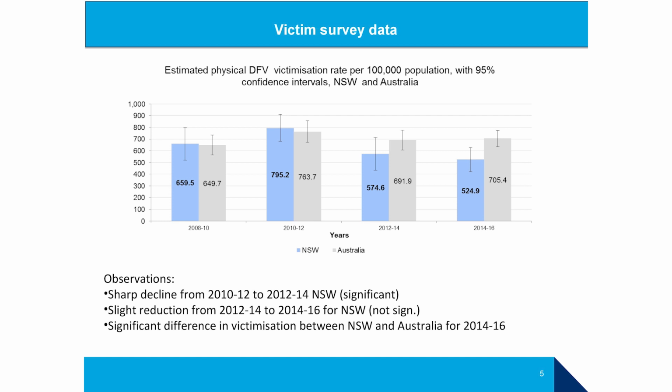And this is what we found. So looking at this chart, we see bars in blue, which are New South Wales estimates, and bars in grey, which are Australia overall. And then at the top of each bar, there is a thin line, and that's a 95% confidence interval. So these are estimates based on the survey sample, and there's going to be a range of error within that. And what we're looking for is different periods of time when there's no overlap between those error bars, or those confidence intervals.